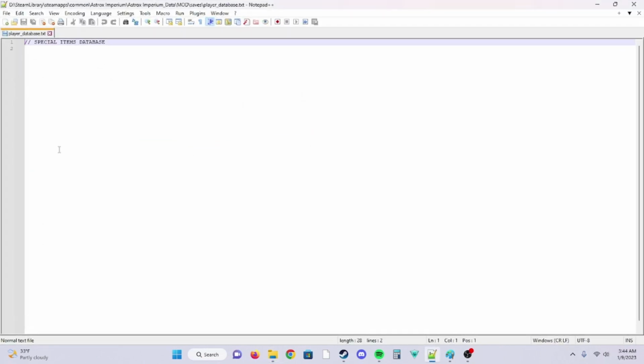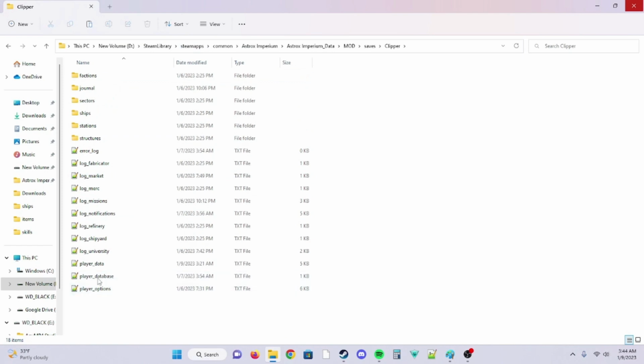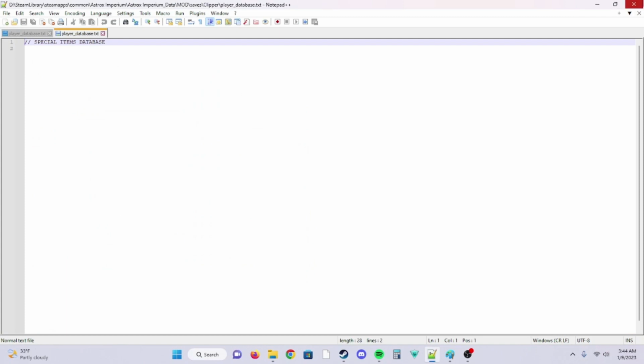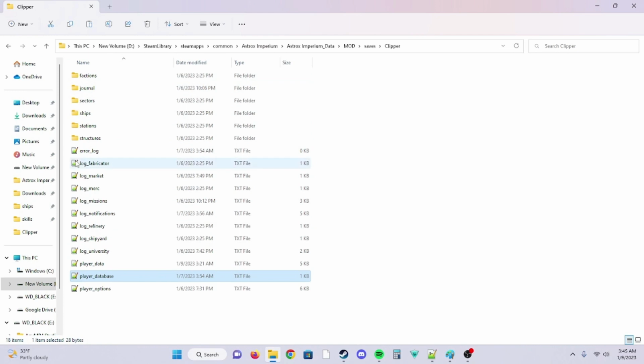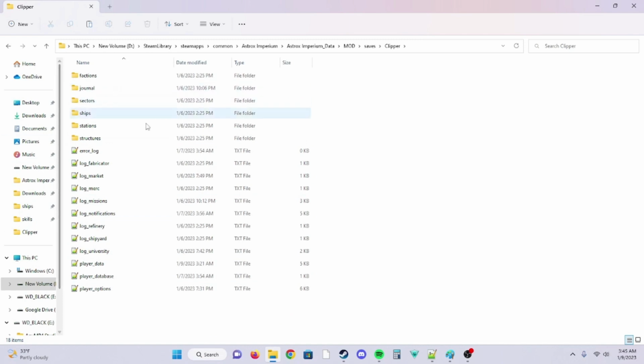Special items database. That's where your rares go. Yeah, and each player has one. Or each save file, I suppose. Pilot. Okay, yeah, but we can go into the actual save afterwards, and here you can mod a variety of